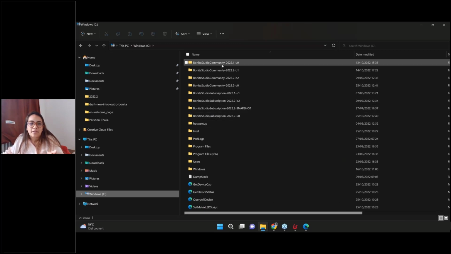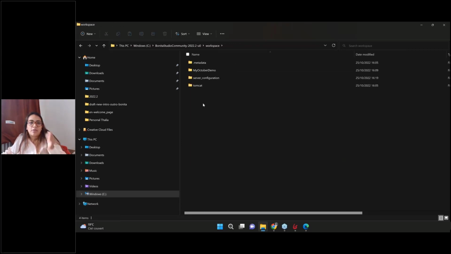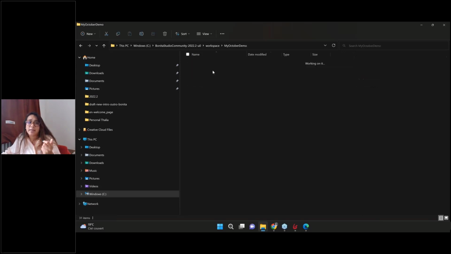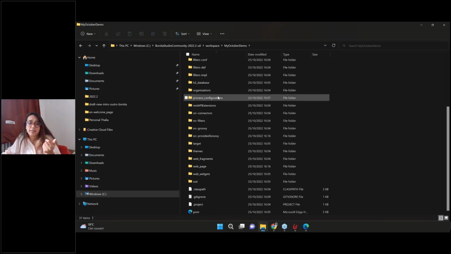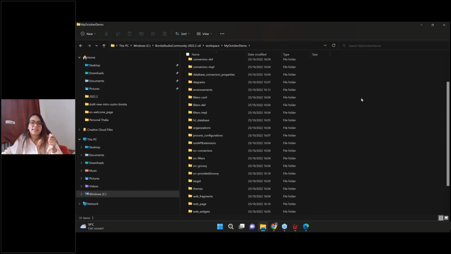So you have a community app and a workspace. When you take a look at your workspace, this is my October demo that we just created. Inside the workspace, you will get a .git. I don't see it, it's hidden, because I am on Windows. But there's this .git